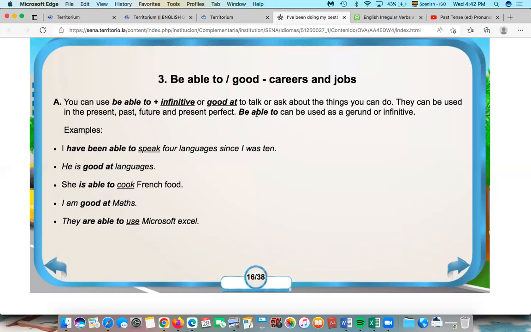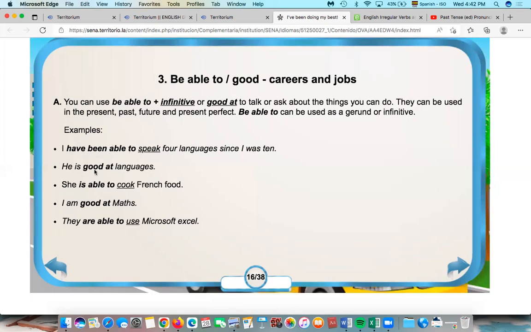Yes, I am. Yeah, perfect. Nicolas, what about you? Are you good at maths? You're muted. No, I am not good. Okay. Yeah, so usually when you say be able to, you say I am able to, you are able to,